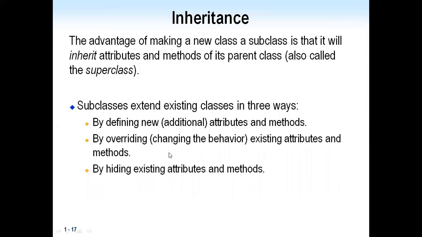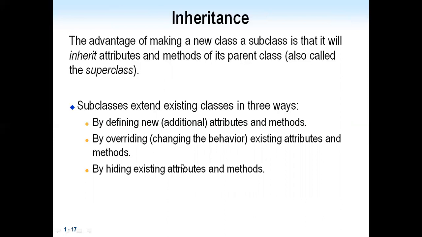The first is by defining new attributes and methods. Next, by overriding existing attributes and methods. And the third is by hiding existing attributes and methods. That is, the subclass can extend the parent class in three ways: by defining new, additional attributes and methods; by overriding, which changes the behavior of existing attributes and methods; and by hiding